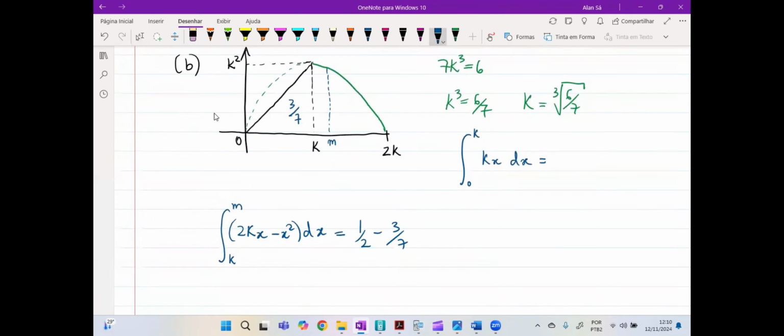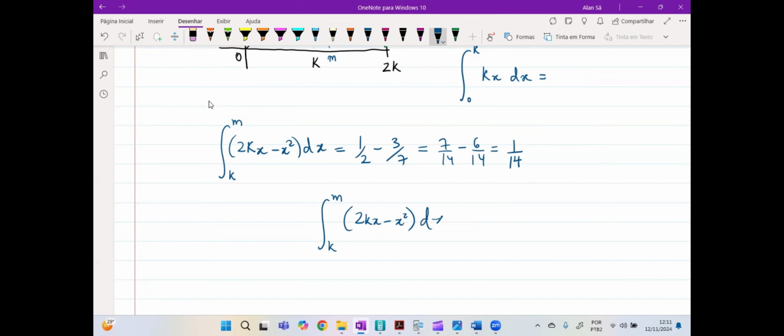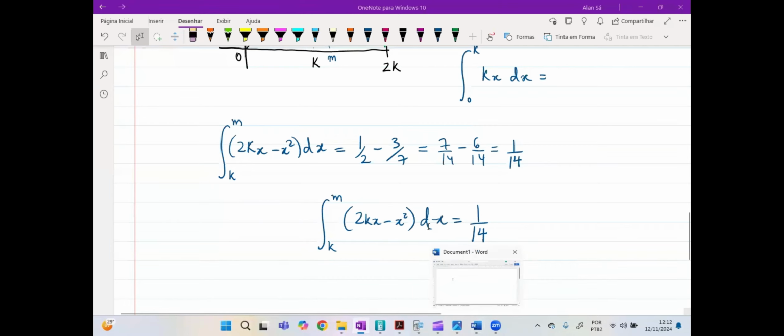We can use our calculator to find half minus 3/7, or just use fractional ideas, like this is 7/14 minus 6/14. This is 1/14. So what we need to do is to solve this equation. What is the integral from k to m of 2kx minus x squared dx? This has to be equal to 1/14. There are some ways this can be done. So we can get the calculator to graph this,